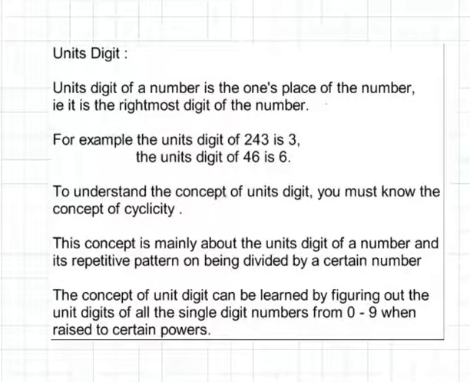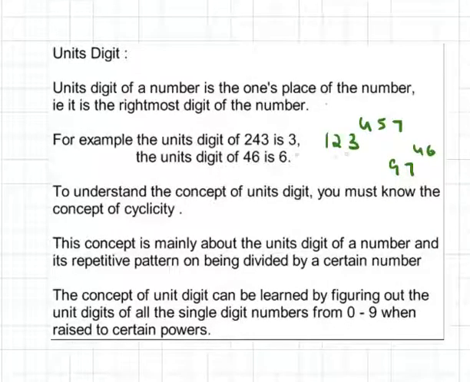The first thing is you have to understand the concept of cyclicity. Why do we go for cyclicity? To find the units digit. Here we have given a very simple number, but you may come across numbers like 123 to the power 457, or 97 to the power 46. So what is the units digit of the given number? If it is a very small number, you can directly say 3 is the answer. But if you expand 123 to the power 457, it's going to be a very, very huge number, and there you have to find the units digit of that.